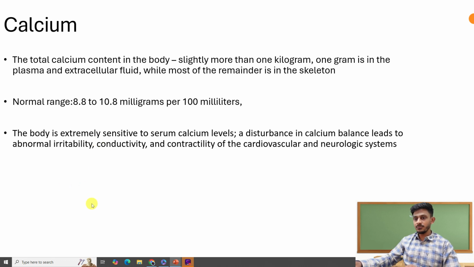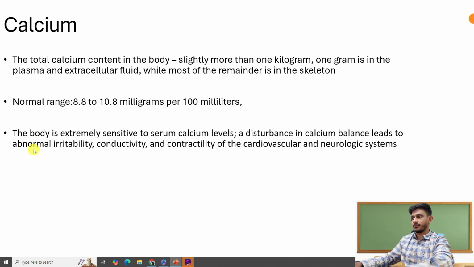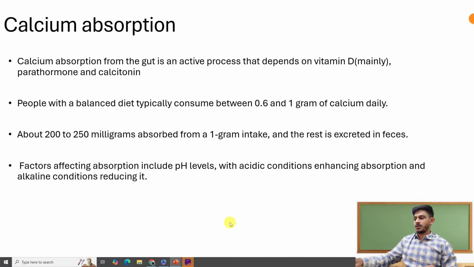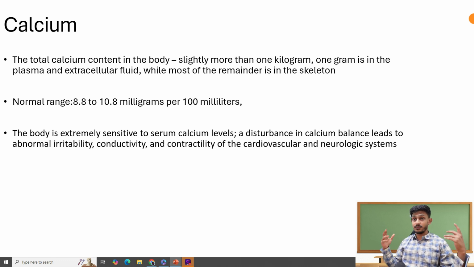So, coming to calcium. The total calcium content in the body is about 1 kilogram, and most of it is in the bones, and only 1 gram is present in plasma and extracellular fluids. The normal range of calcium in the blood is 8.8 to 10.8, and the body is extremely sensitive to calcium levels, and there are a lot of systems in play to prevent the calcium levels from going above 10.8